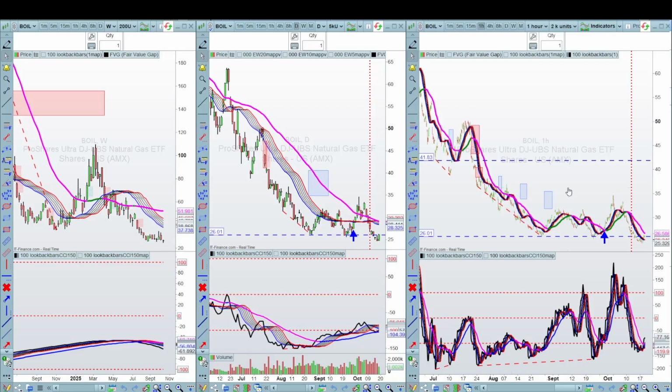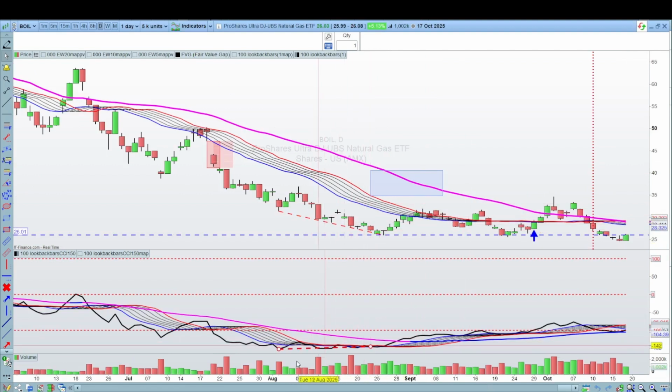So for BOIL on the weekly, the price is below the moving average, and so is the CCI. So taking short trades only on the daily if you're trading the daily. On the daily chart, we had a bullish divergence here, very slightly higher lows on the CCI versus lower lows